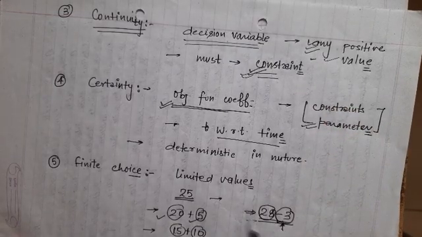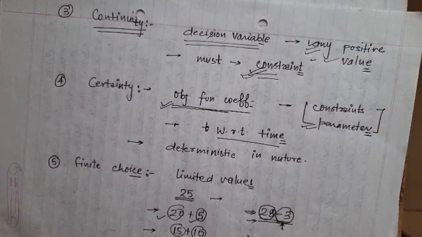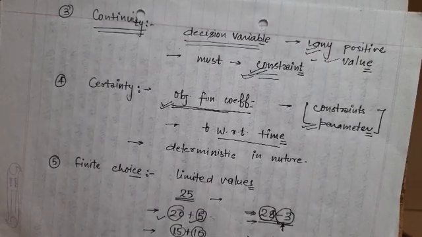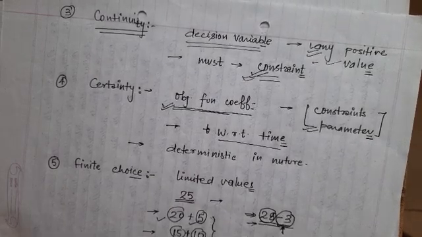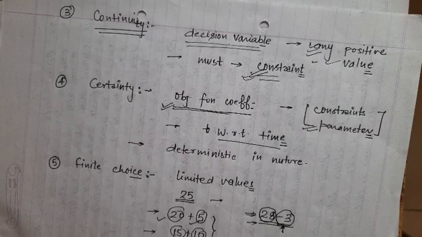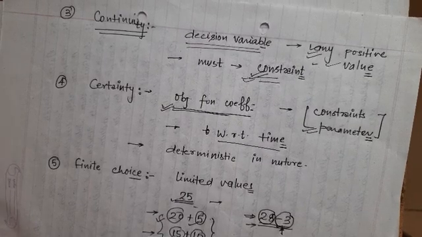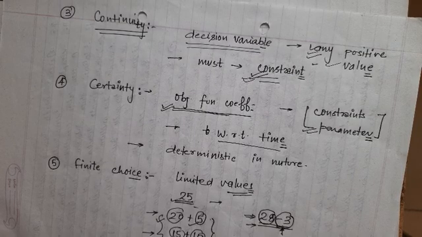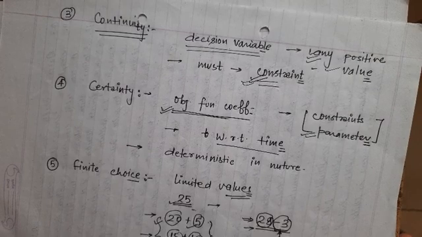So it is violating the continuity. That is why I cannot write 25 as 28 minus 3. So it is not possible, because it violates the continuity. So these are the limited options. We can write 25 in many other ways, but because these values should be positive, we have limited values. So these are the 5 basic assumptions involved in the formulation of the linear programming problem.